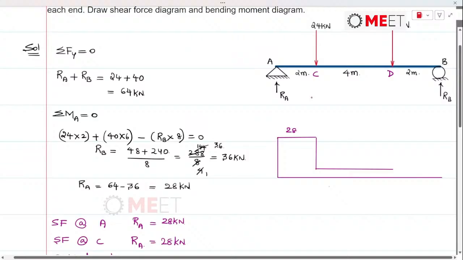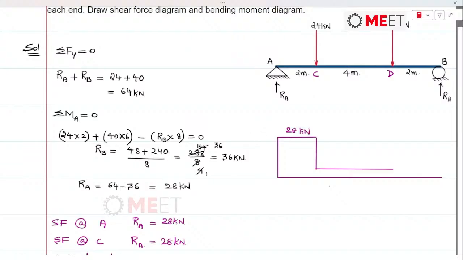This would be 4 kilonewtons, and from point D onwards it will drop and it will have